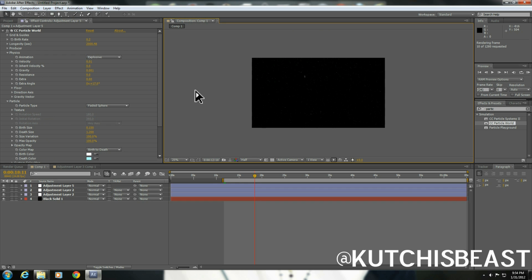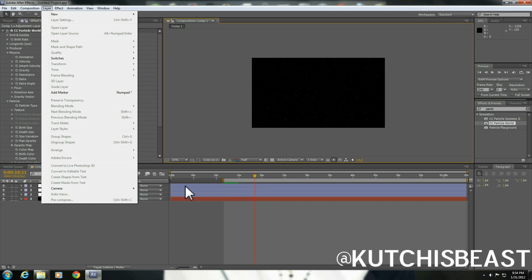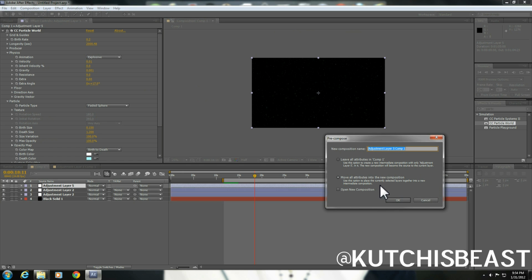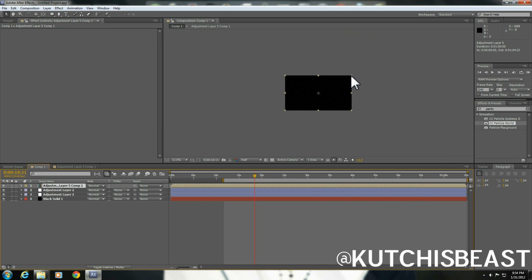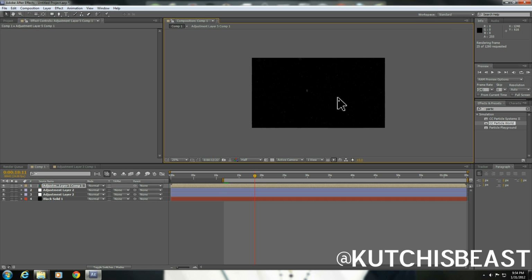And then what I'm going to do is go to layer. Actually, let me make sure this is good. Good enough. Okay. Layer. Check the top layer. Layer, pre-compose. I'm going to move all attributes into the new composition. Boom. Okay. So now we're just going to scale this up to make these a little bit bigger. Move it wherever you want. It doesn't really matter. They're all kind of the same. Then you zoom in, and now we got some big